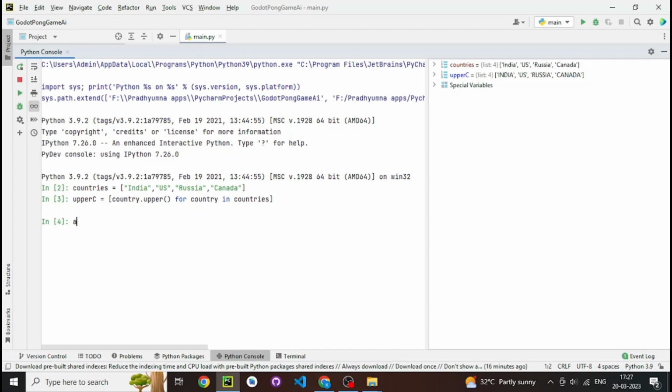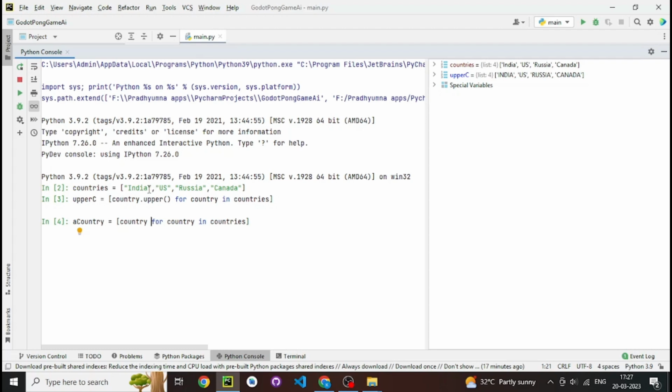Let us say a_country is equal to, as usual, we just create it for country in countries. Now we want only the country to be stored and not the capital, not converted into uppercase. So if we do this, you'll have again the same countries list being stored,